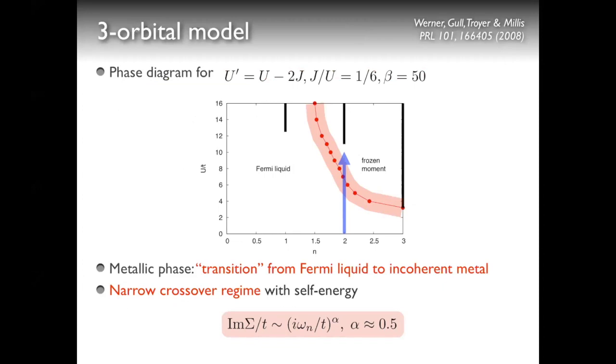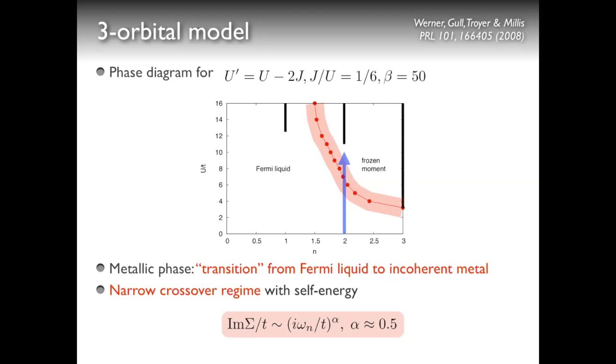Here is a figure from this pioneering work on Hund metals by Andy, Emmanuel, and myself, where we mapped out the phase diagram of a generic 3-band, 3-orbital Hubbard model. And what is shown here is the space between empty and full filling. The black lines are the Mott insulating solutions, which appear at large interaction for integer fillings. And the stability of these Mott states depends very sensitively on the Hund coupling.